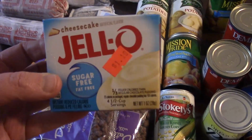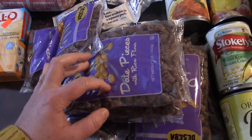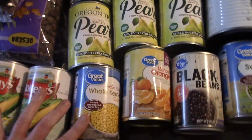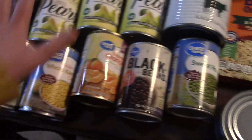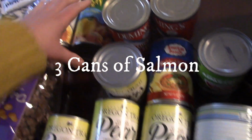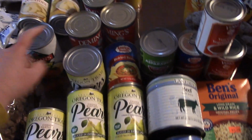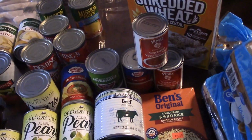There's one box of cheesecake and jello, one thing of bars of soap. There's a bunch of these date pieces. There's 2 boxes of mac and cheese. There's 4 cans, I think there's 4. There's 4 cans of corn, 4 cans of pears, 2 cans of peaches, 2 cans of potatoes, 1 of spaghetti sauce, 1 of refried beans, 1 asparagus, 1 sweet pea,